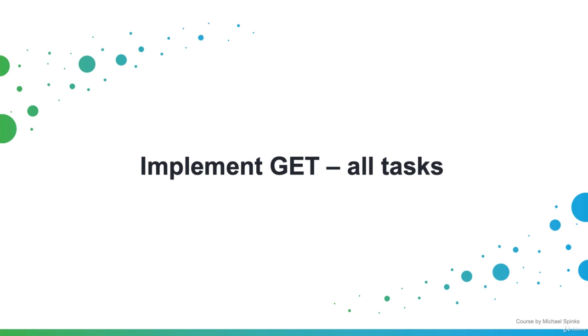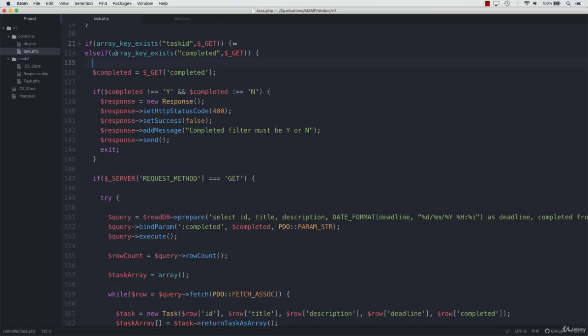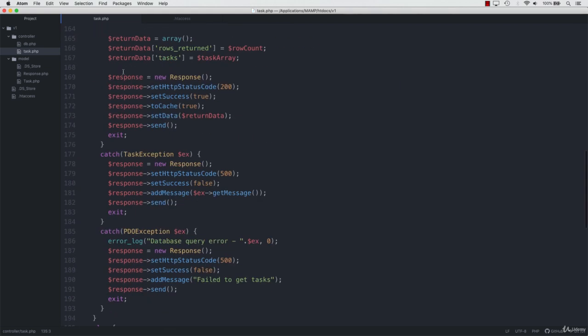In this video, we'll be implementing the endpoint to return all tasks in the database regardless of their completed status. The endpoint for this will be /tasks. So if we open Atom up, you can see the completed one that was done in our last video. So what I'm going to do is scroll to the bottom of that,